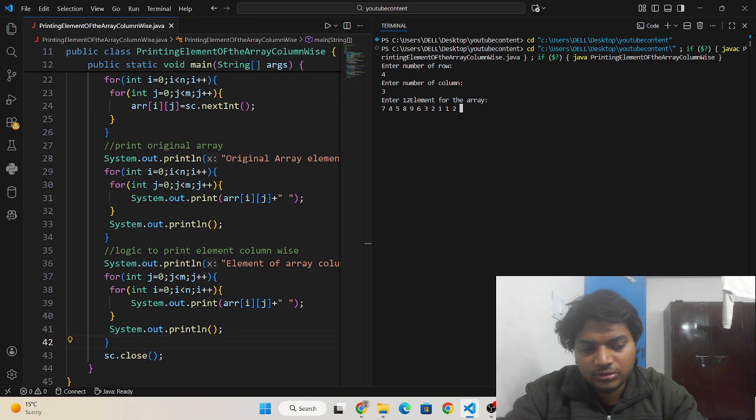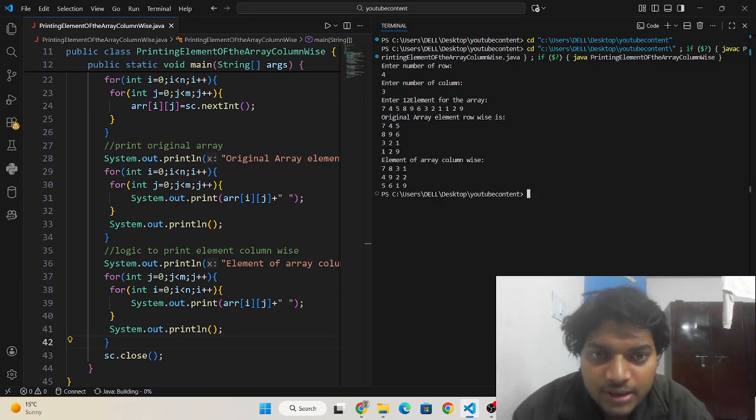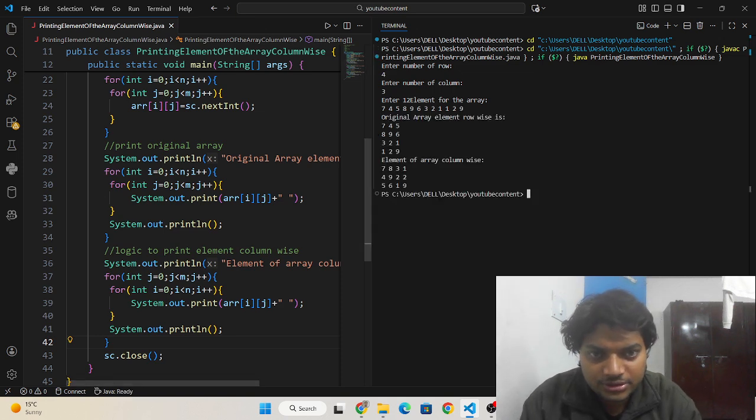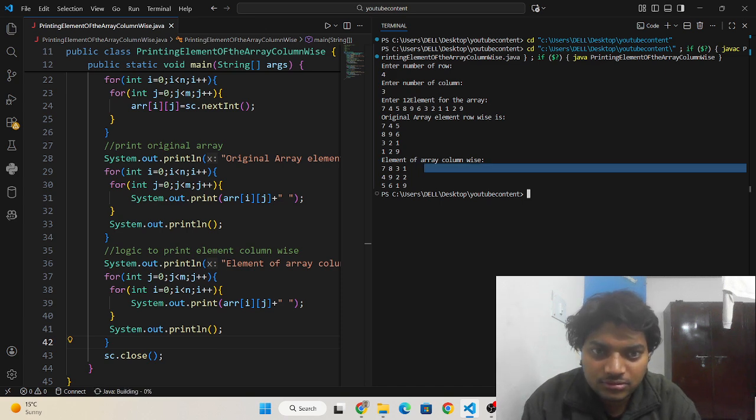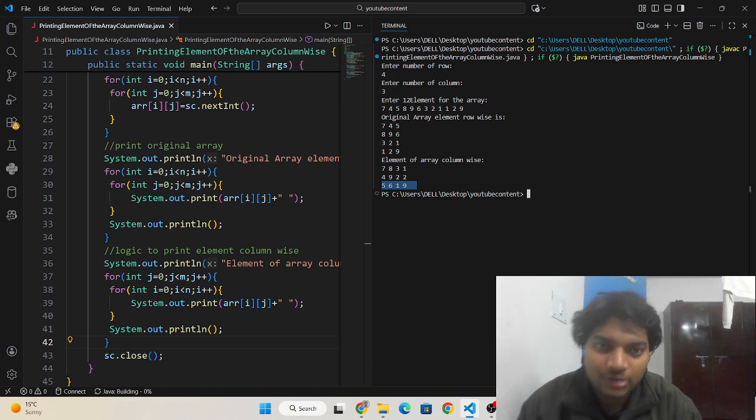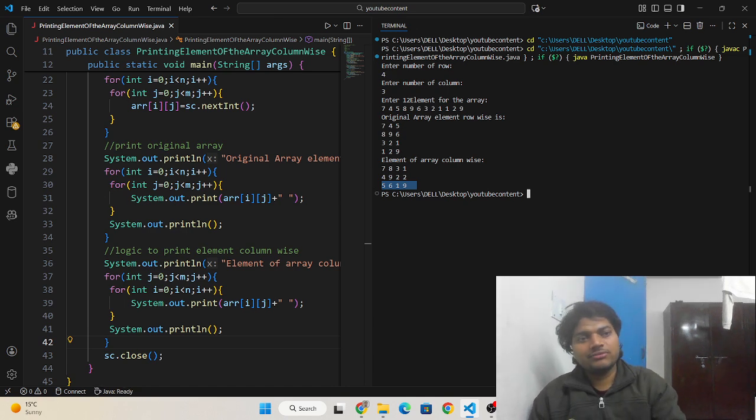You can understand this is printing first 7 8 3 1, second column second row, third column third row, 5 6 1 9. Okay, so that's all for this video.